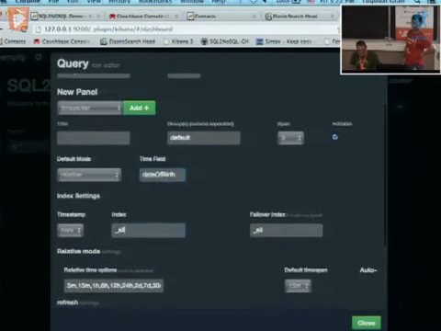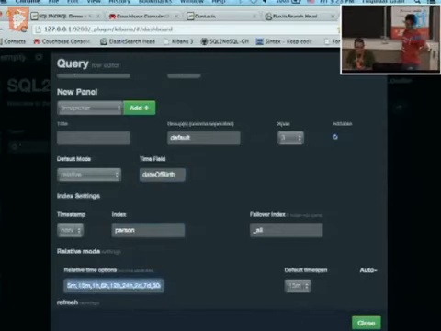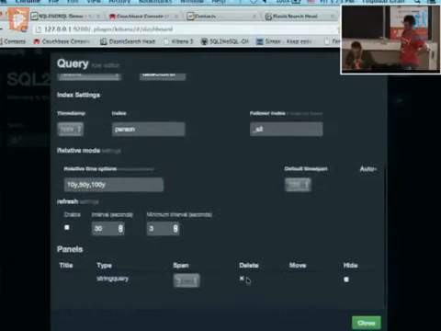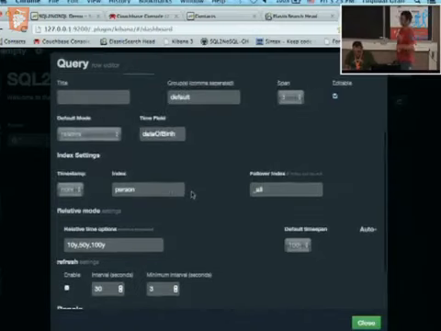My index is person, and I don't use minutes about birth dates, but years. So let's say I have 10 years range, 50 years range, and 100 years range. Okay, that's it.